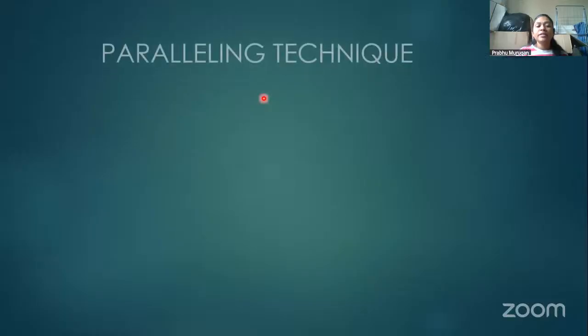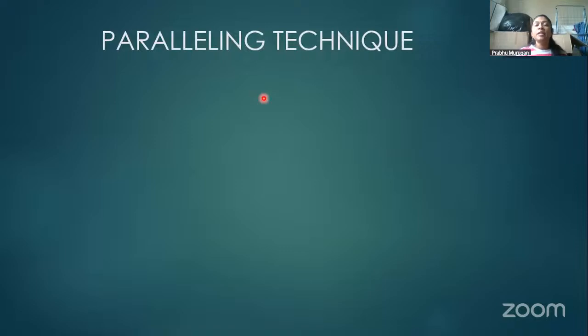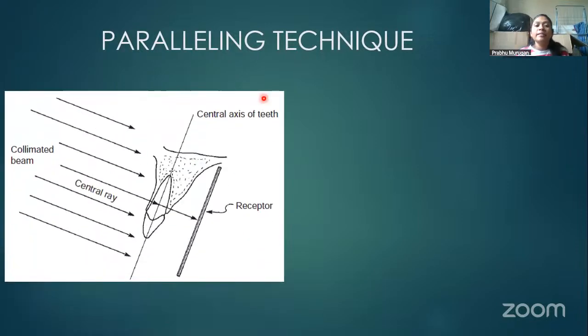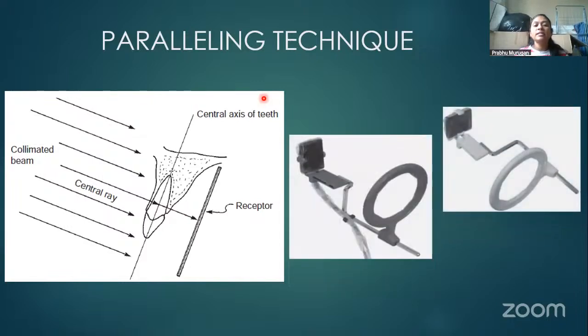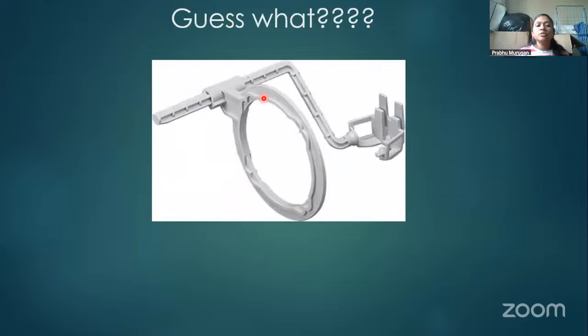So your intraoral radiograph involves two main techniques. Speaking about the techniques, first is your paralleling technique, where you place the X-ray film parallel to the long axis of the tooth. For this, you need an external device like an XCP, which is the most commonly used one. Basically, that is to align the X-ray film exactly parallel to the long axis of the tooth, so that the chance of cone cut is minimized, and also the radiation exposure is invariably less. So this is about your paralleling technique. The film holders are being used here. Next comes